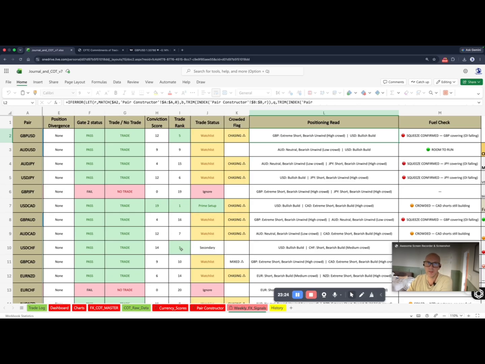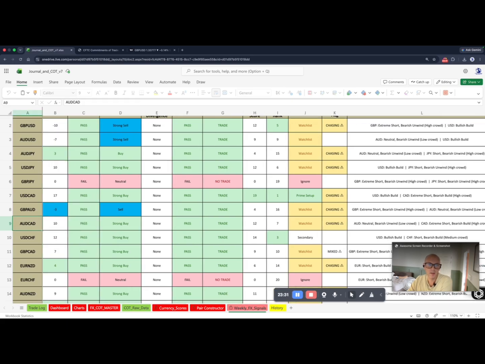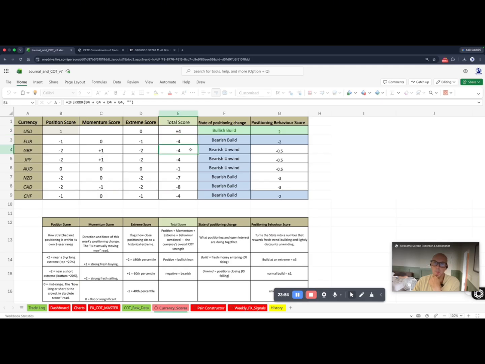All right, well, I think I'll leave that there for now. Otherwise, this video becomes excessively long. But remember, this is a directional bias tool. It's not a path tool. It's not an entry signal. It's something that you will consider. Apply that then to the chart, just like I showed you with pound US dollar. And despite the weakness of the pound, which is -4, and the strength of the US dollar,